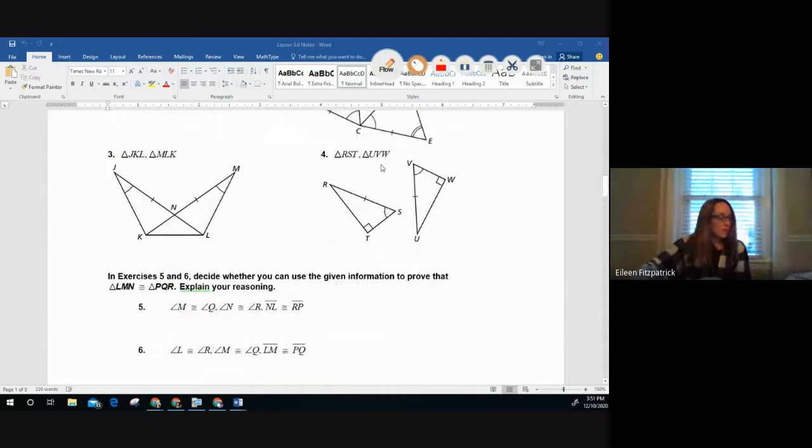For this next one, you may want to redraw the triangles so they're not overlapping. So let's first trace over the triangles we're supposed to be focusing on. J, K, L, and then close it back up. So from J to K, from K to L, and then back up from L to J. Try and draw a straight line. All right, and the other triangle is M, L, K. So it's this triangle here. All right, so if you wanted to redraw them so that they were not overlapping,